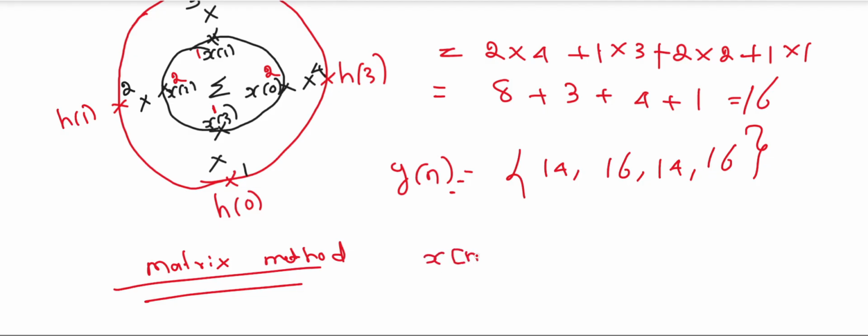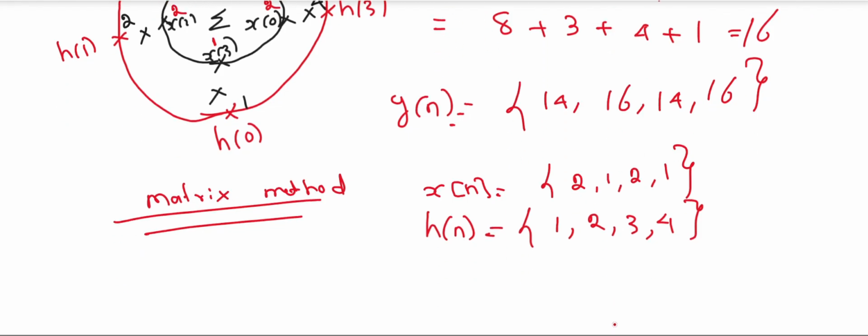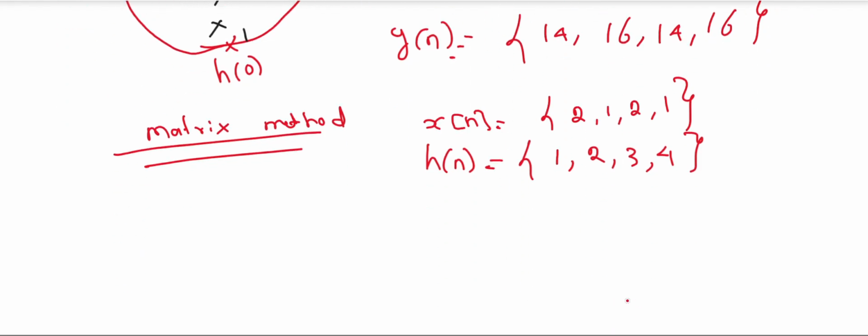Then each time rotate the outer circle in the anti-clockwise direction one sample at a time, and multiply the values sitting on the two circles at the same angular position, finally summing the products. So, this circular convolution we can perform by using the matrix method. We will take the same example: 1 2 1 2 and 1 2 3 4. So, in the matrix method,